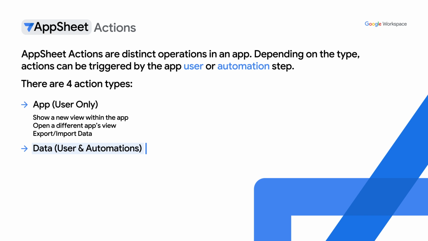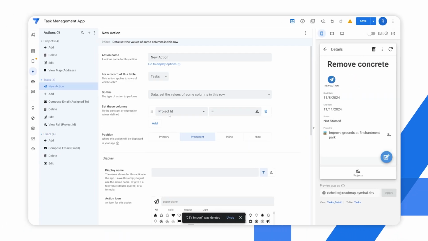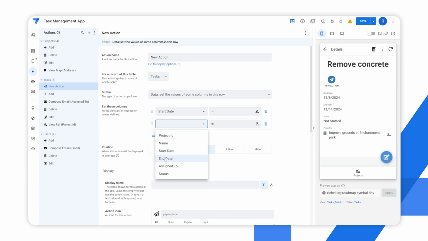And as it implies, this will allow you to change data that is used by the app in the background. So we're back with our empty action again that we've just created. We have our first data action type, which is to set the values of some columns in this row. So this simply allows us to set particular fields, to identify particular fields, and then set a value for that